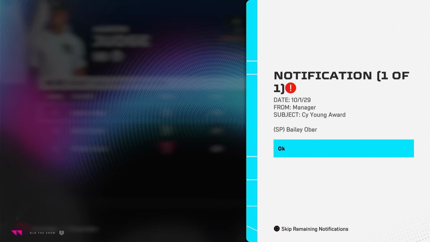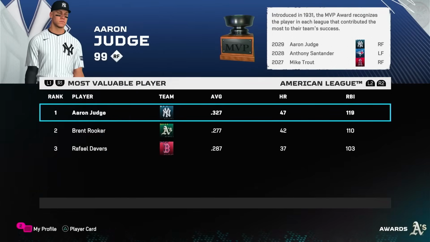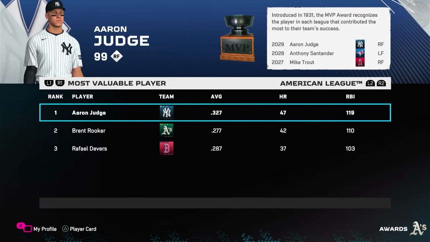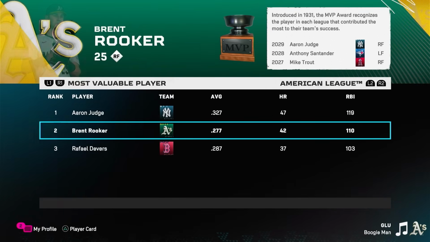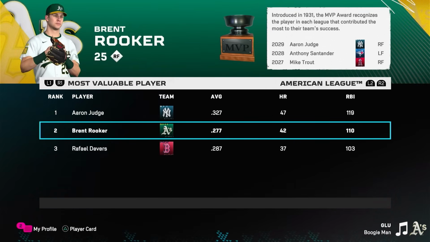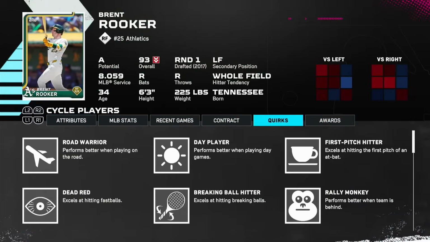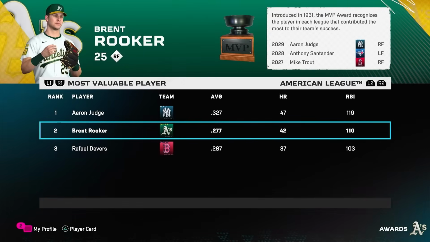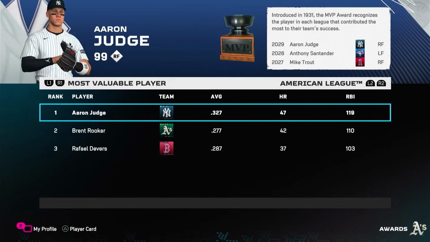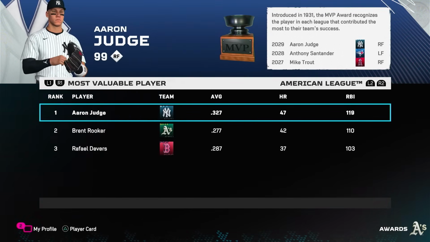record. And a lot of that comes from the help of Cy Young Award winner Bailey Ober, a mercenary pitcher who we brought in with a Cy Young. We also have Brent Rooker second in MVP. Aaron Judge gets the MVP award, .327, 47 home runs, 119 RBIs. Rooker with .277, 42 home runs, and 110 RBIs. He is on the last year of his deal. We will not be able to re-sign him. He will go off next year somewhere else, but this could be a last chance for him to get another